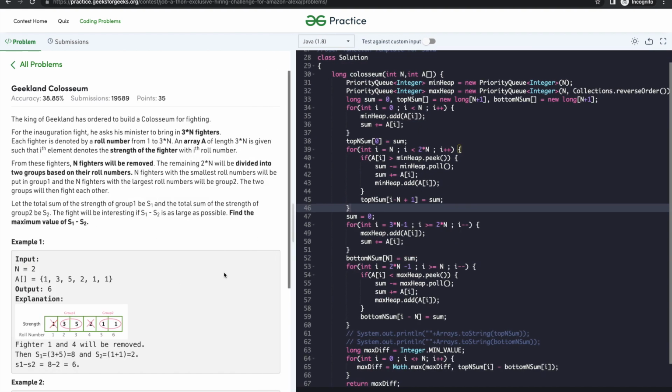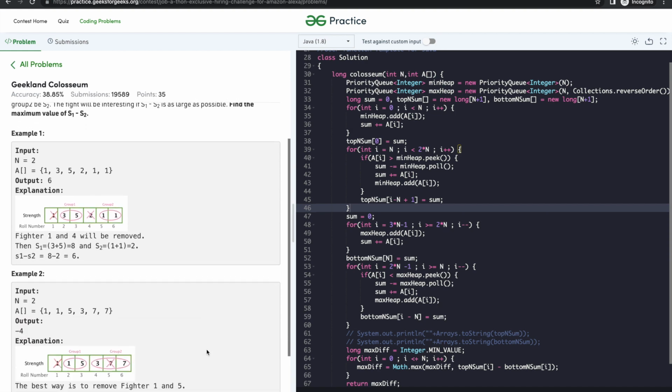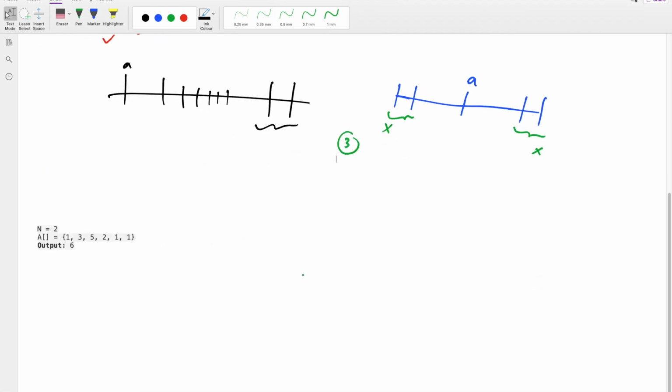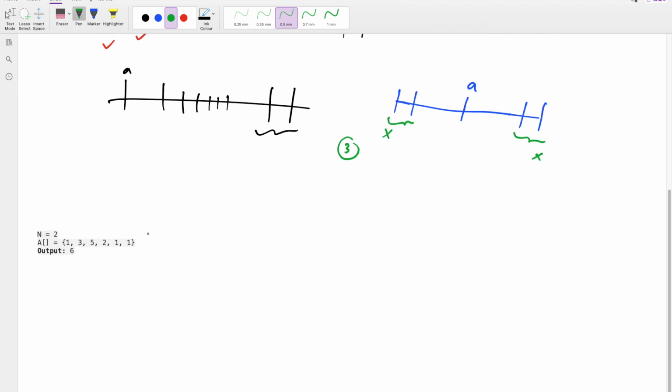So over here, this problem is again, I'll explain this problem with an example. What we are given is an array of size 3 into n. There is a number n, and this array size is 3 into n. What we need to do is remove n numbers from this array. And then whatever numbers are remaining, partition the array in two parts and then find the sum of these